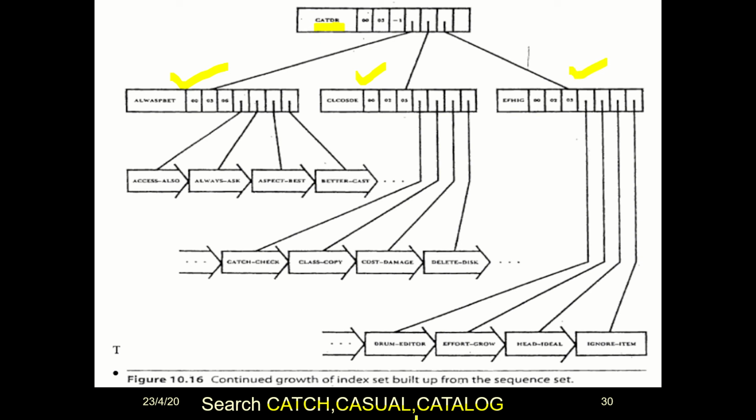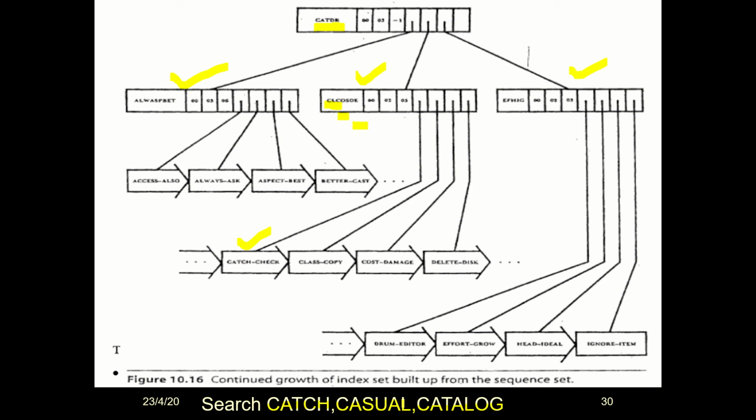So it is catch, so it is equal to CAT. So I'm going inside this. Now again it is having a separator CL, CO and DE. Okay, so CL. So cat comes less than CL. So I'm going here on the left child, that is 0 0. Here it is found catch, so I can retrieve that record catch. So this is how catch has been retrieved.